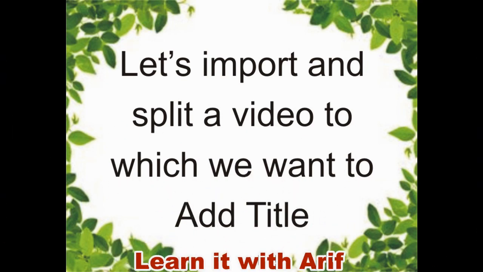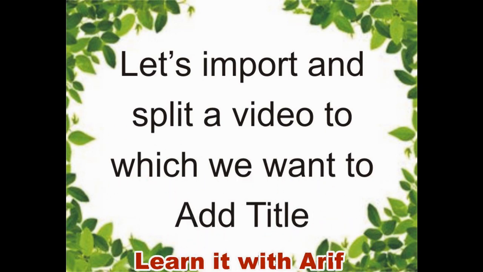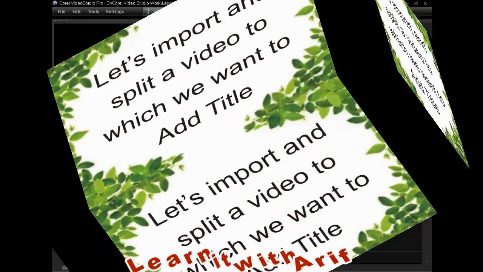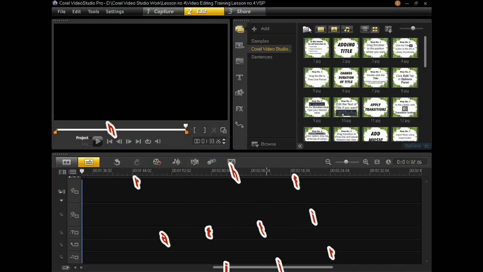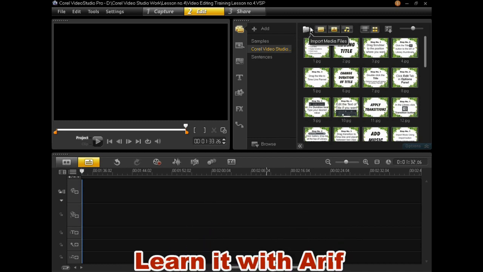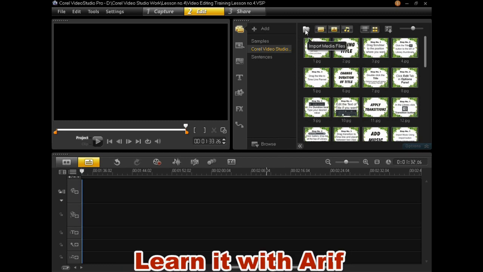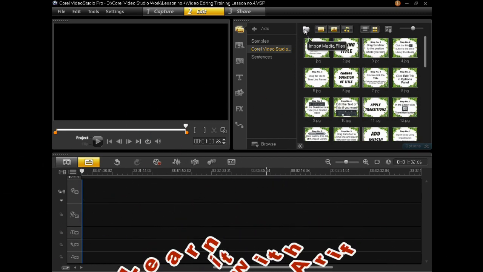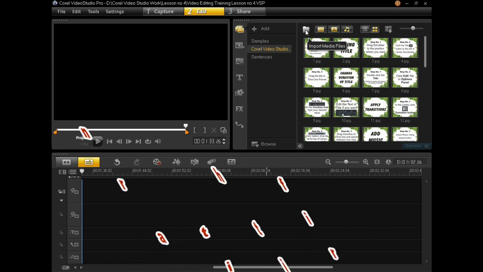Let us import and split a video to which we want to add a title. As we have learned before, this Import Media Files button at the top of the library panel is used to import a video, audio or photo to Corel VideoStudio Pro X6.